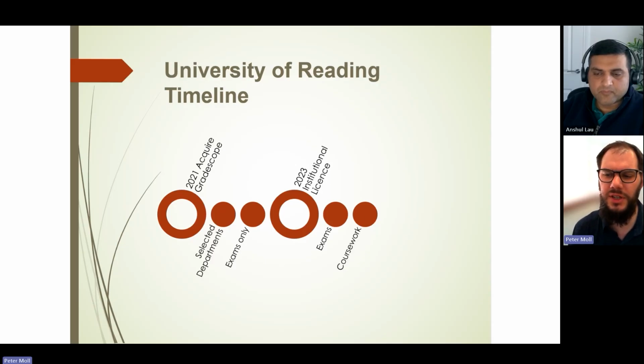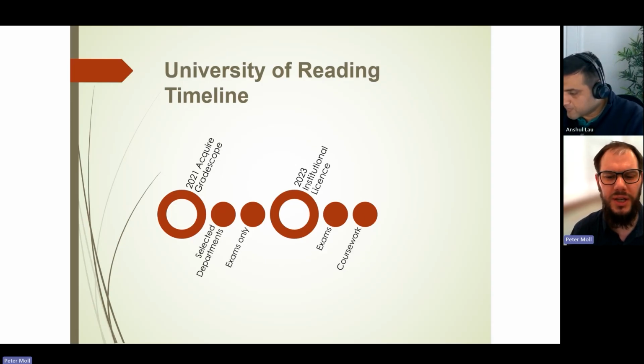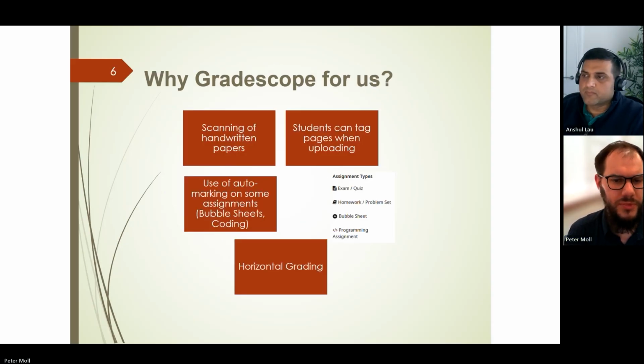And as I mentioned, we're moving back to exams that are paper-based, but also in a different format, and we have fewer exams. So our usage has actually dipped a little bit, and we're just trying to review what's going on. So in terms of the assessment types that you get with Gradescope,